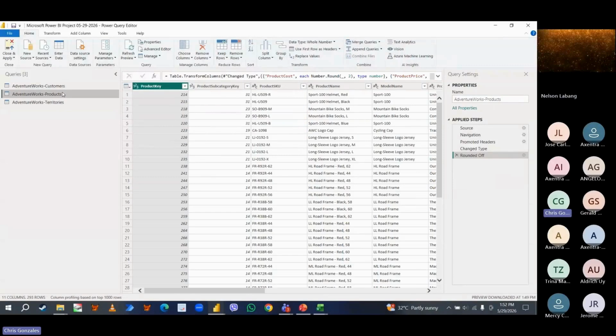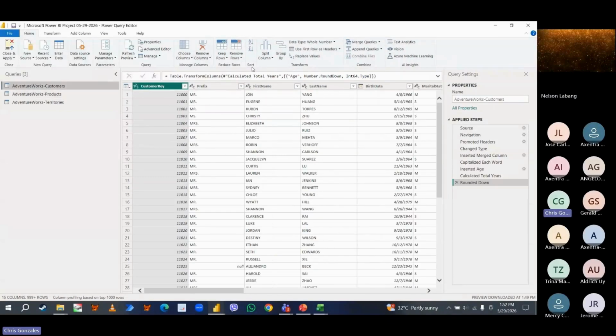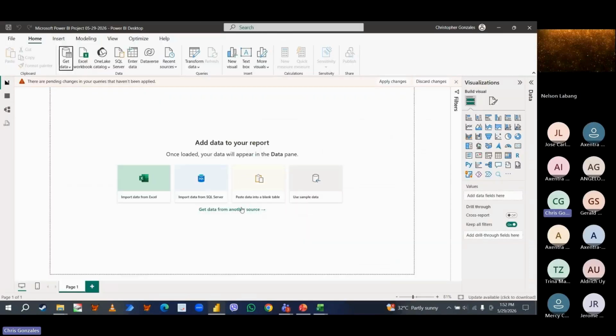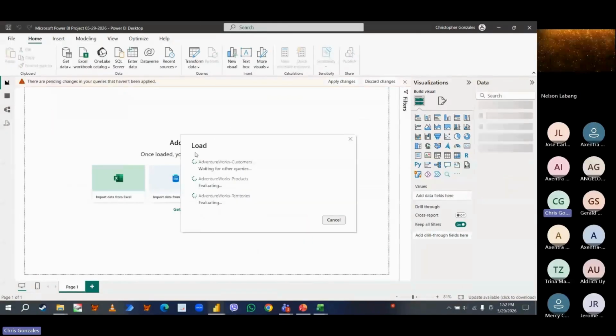Okay, in the meantime, I'm done with the data. I will import this to the front end. If you're done editing your data, just click Close and Apply under the Home tab. Close and apply means it will close the back end, and all the changes of this table will now be forwarded to the front end. So I'll do that. Close and apply. All right, let's wait for a while. It will load. From the back end, all the added columns will be available in the front end as well.